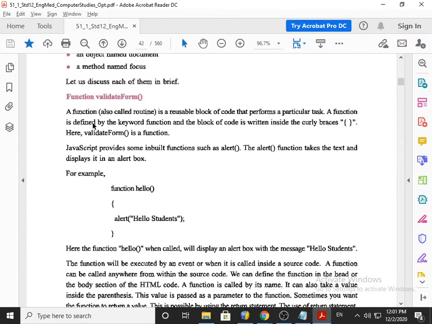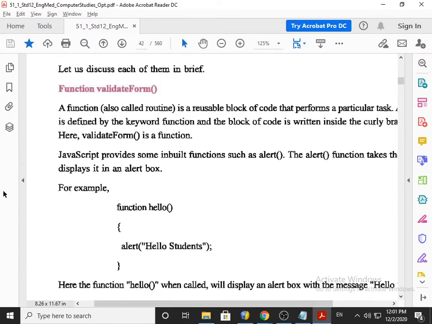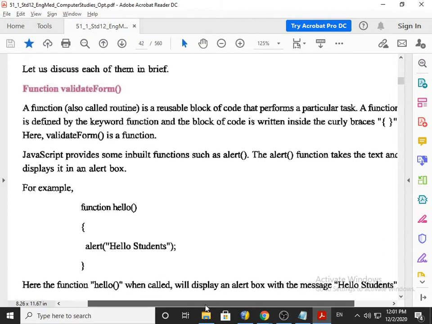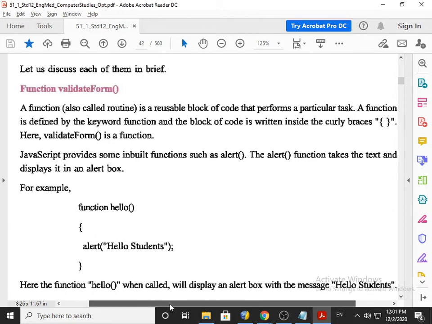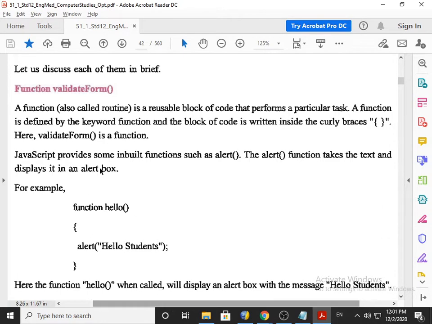Now the first point is: a function, also called a routine, is a reusable block of code that performs a particular task. All functions are reusable, you can use them again and again to perform a particular task. A function is defined by the keyword function and the block of code written in curly brackets.